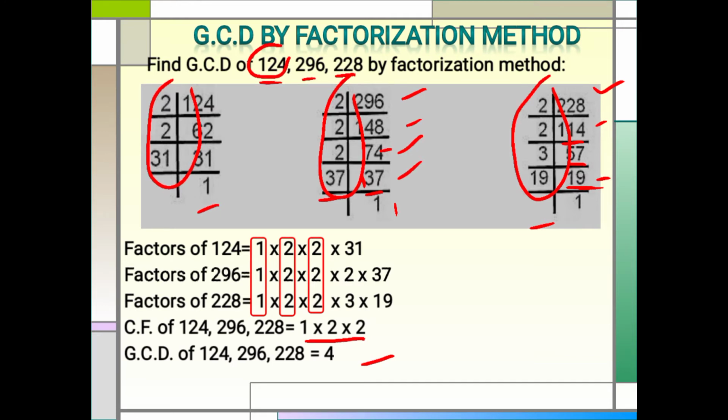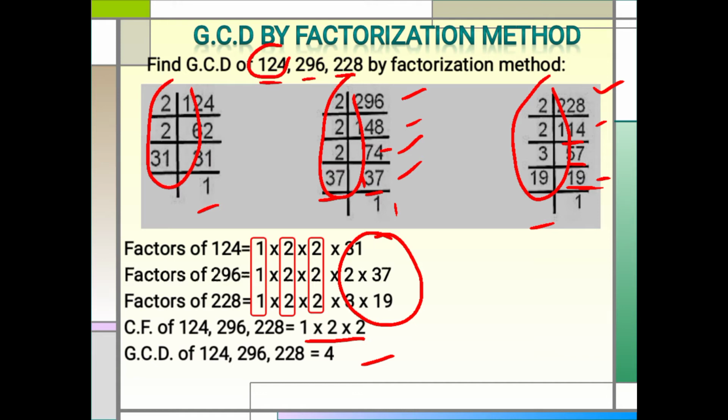Okay students, as you can see here, these are the numbers that we are not going to multiply, because we are going to find out GCD here. In GCD, we will only multiply the numbers that are common among the given numbers. But if you are going to find out LCM, then obviously you will multiply other numbers as well. This is the difference between finding GCD and LCM.